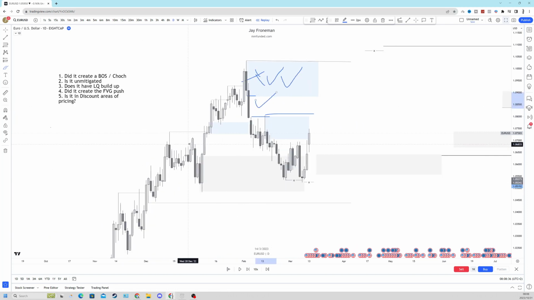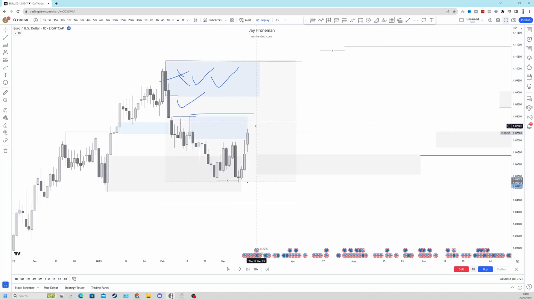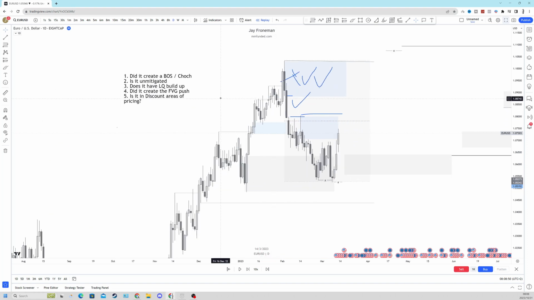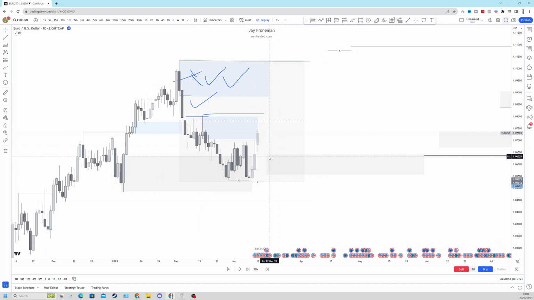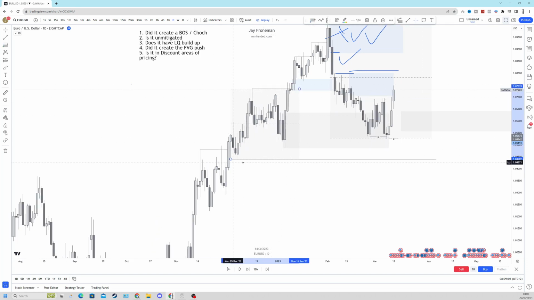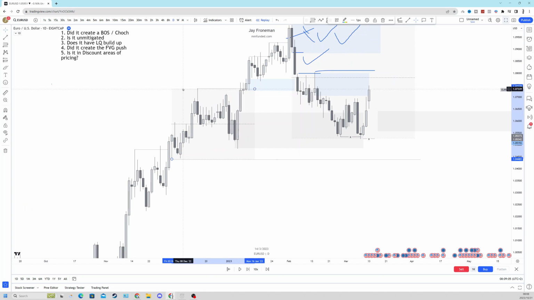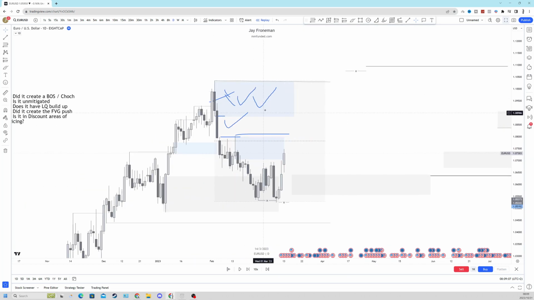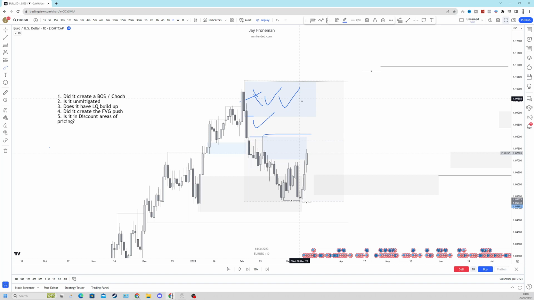Is it in discounted areas of pricing? Well, if we take from the high to that low, we have premium, equilibrium, and discount. Keep in mind, because this is a bear example, all that switches is your discount is now at the bottom and your premium is at the top. So if we mark out the high to the low in a bullish market, the low becomes your discount, the high becomes your premium. Okay, so yes, the supply zone is in discounted areas of pricing,